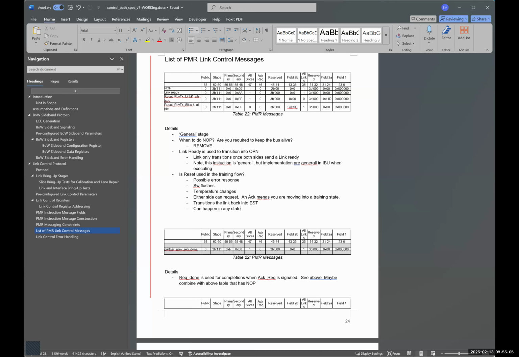So yes, you can potentially get this in any state if there are some other higher level operations that trigger a system wide reset. But I don't know if we have to mention this in this spec, because if a reset comes in between the establishment and operation, something else outside of the link has already gone wrong. So I'm not sure if we should